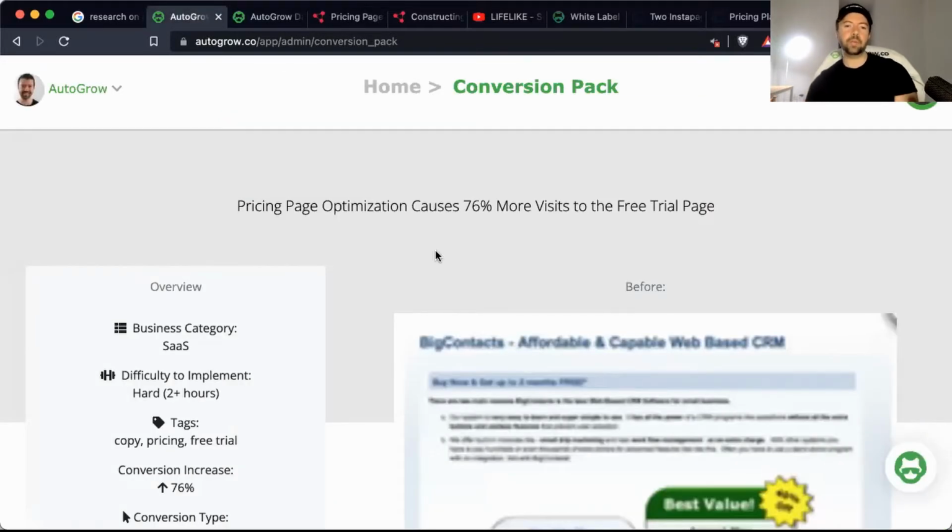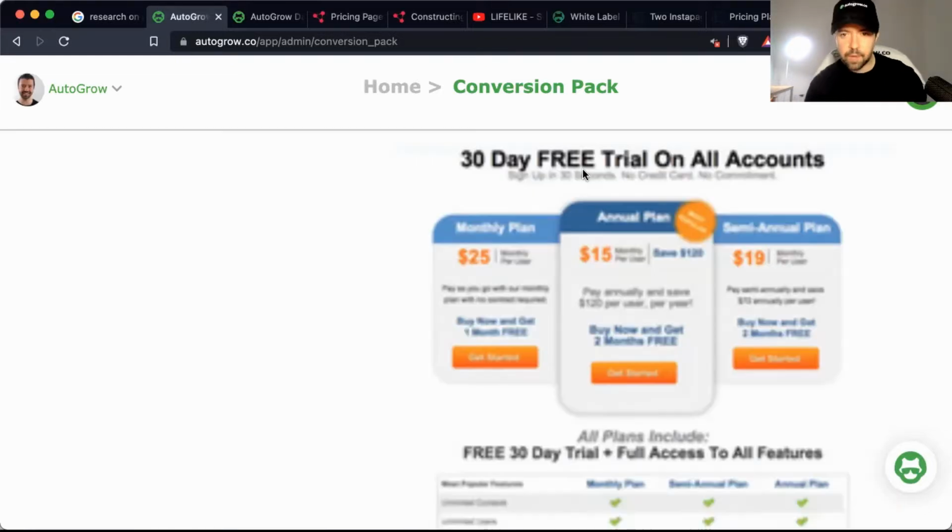So pricing page optimization here caused 76% more people to go to the free trial sign up page. This study did not actually track the number of signups per se, but with such a meaningful increase, and from experience testing our own pricing page, looking to get more people to click through, I can tell you 76% is significant. 30-day free trial on all accounts. So they're not even saying, hey, you can go buy it if you're ready, or you can sign up for a free trial, because it's like,